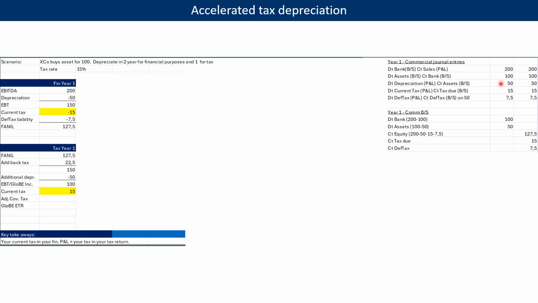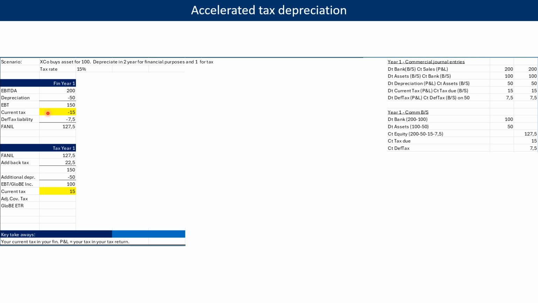And then we need to calculate the current tax due. Now, if we just go to our commercial P&L on the left-hand side, we have an EBITDA of 200. We deduct from that 50 in depreciation. So we end up with an EBT of 150. So now we need to calculate our current tax. Let's just start with our EBT of 150. And then we have an additional depreciation of 50. So our EBT for tax purposes is 100. We're in a 15% regime, so our current tax will be 15, and we book that current tax into our